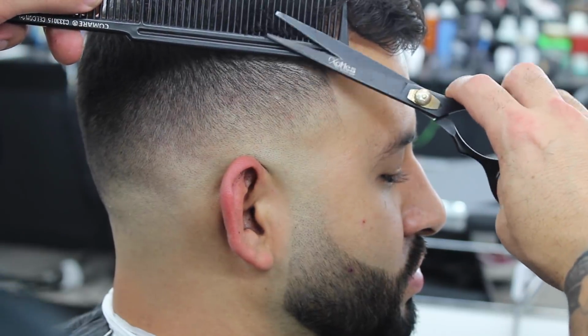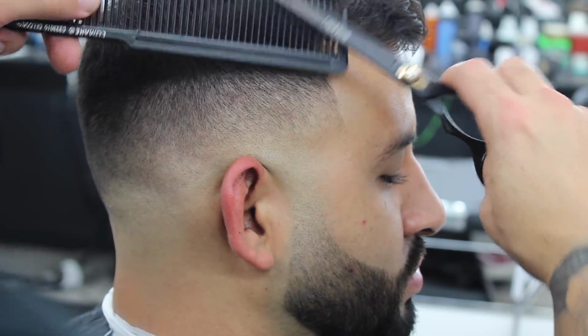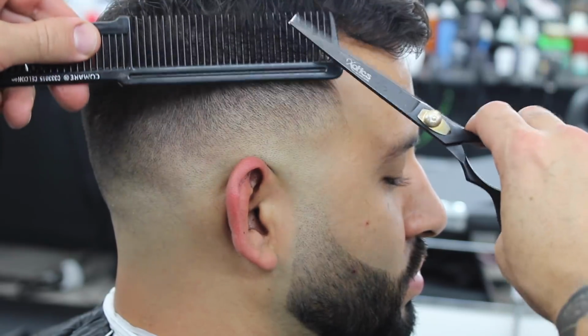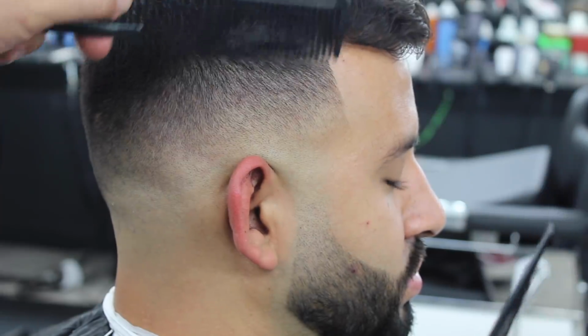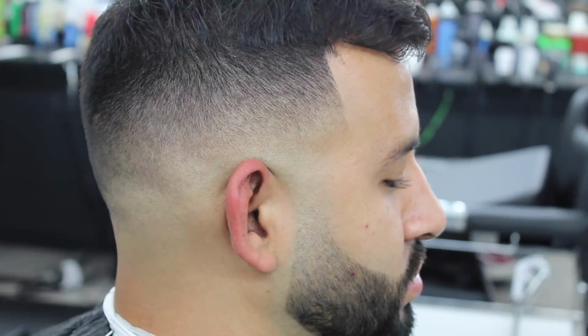Guys, right now I'm just doing a couple finishing touches, but yeah, this is pretty much how I do my mid fades. Sorry I didn't get to record the faded beard part and the edge up,